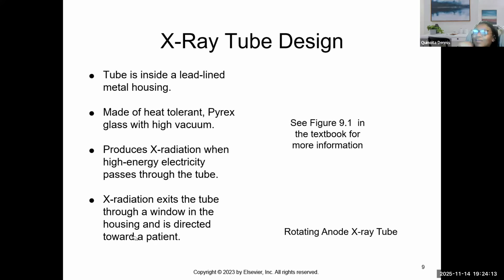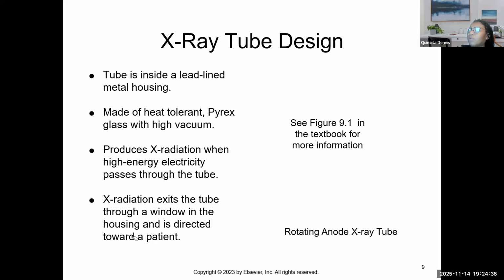Cookware, right, Pyrex. Some books use the term borosilicate glass. So that is what the tube is made of, and it is actually a vacuum, meaning it's evacuated of air. So as those electrons are flying from the cathode to the anode,